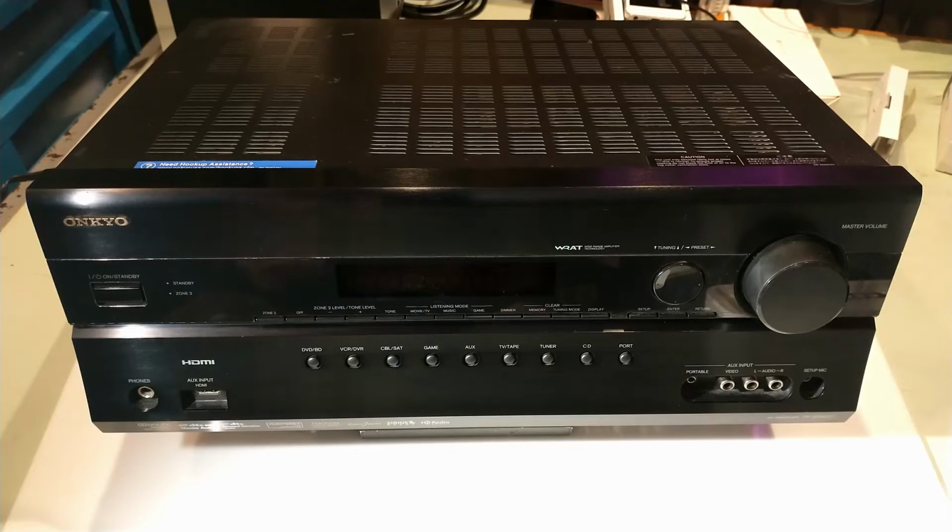I also have other videos that talk about my theater, and in my theater I have a good Sony surround sound system, and this is another one that was my original, and it is a backup. One of the things though is that it takes a little bit of understanding of what all of this does. So I'm going to point out some of the features that this Onkyo amplifier has, and maybe what it doesn't have. This way, if you go to Goodwill or you go to a pawn